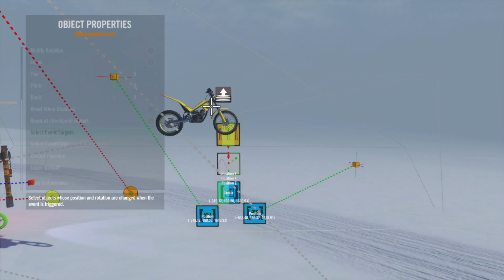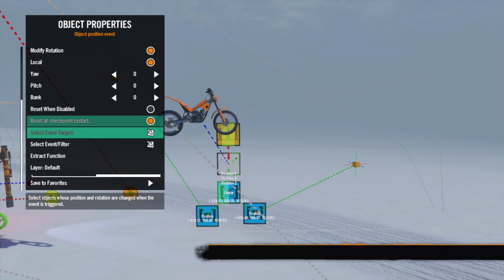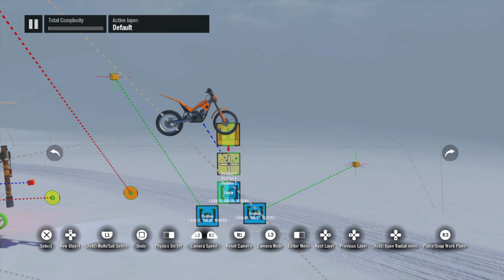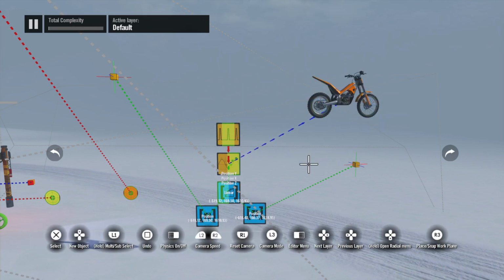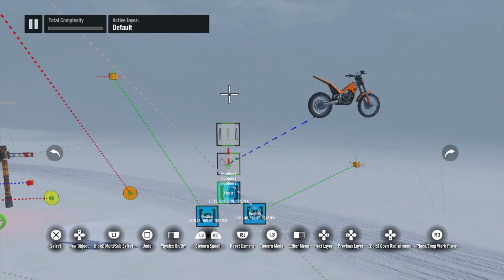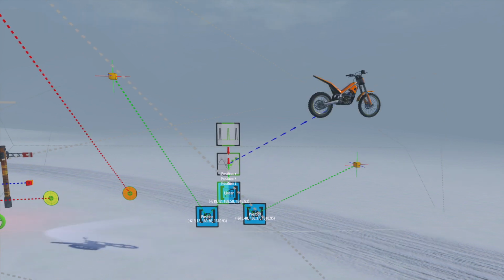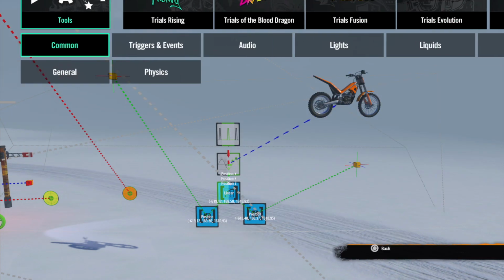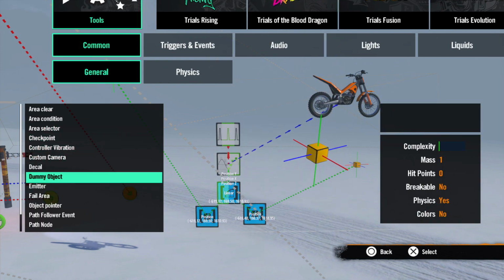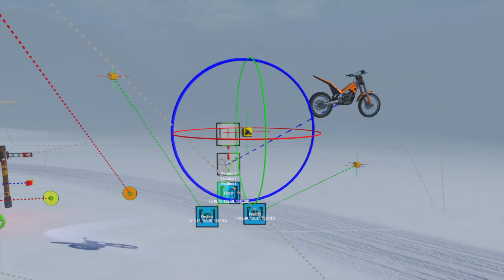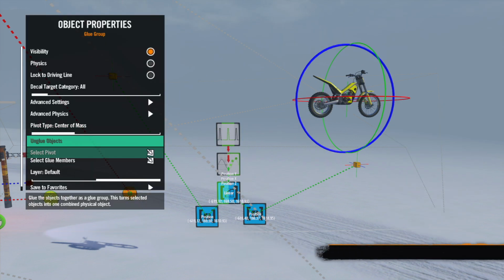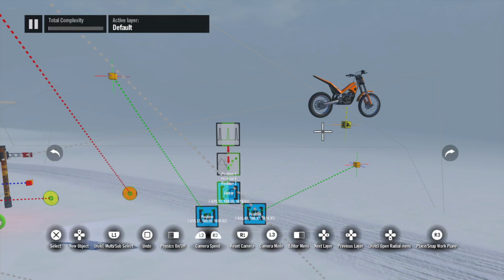So again, just select your object, position event target, and make sure it goes onto your object. And again, we start, and that object will go to the center. If you want to put a glue pivot on there so you can see where the center of it is, so it's easier to adjust, you can just make the pivot quite visible. You just glue it and then move your pivot down so you can see it,